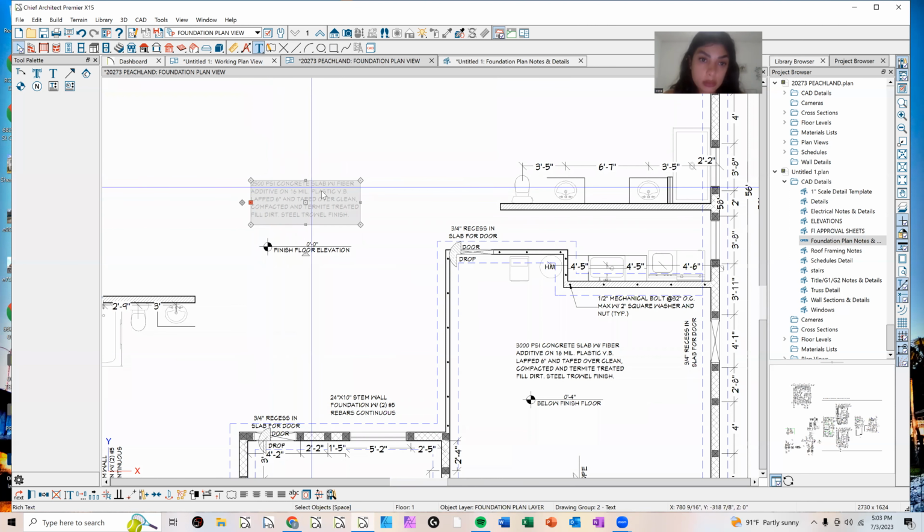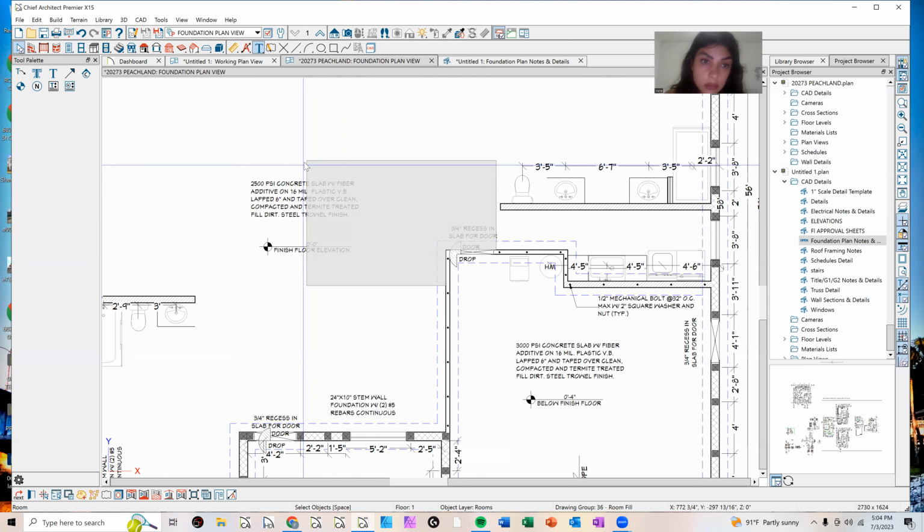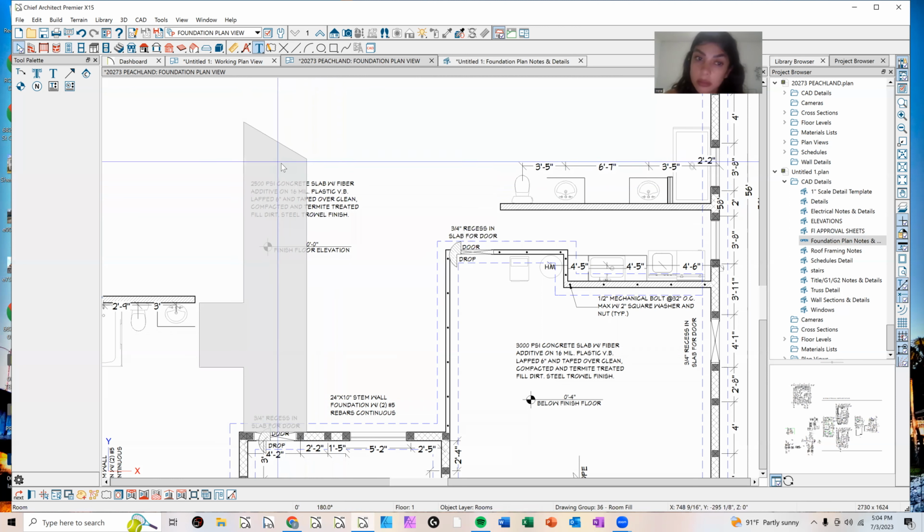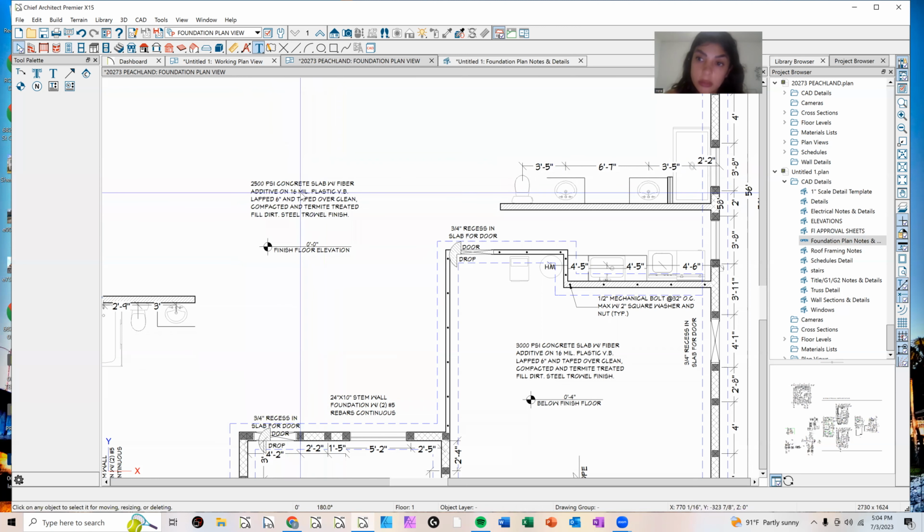It needs to have all this information: 2,500 PSI concrete slab with fiber additive on 16 mil plastic VB, which is Veribond, lapped 6 inches and taped over clean, compacted, and termite treated fill dirt. What that means is you're pouring the concrete, they're adding a fiber additive into the concrete, and that plastic, what it's for